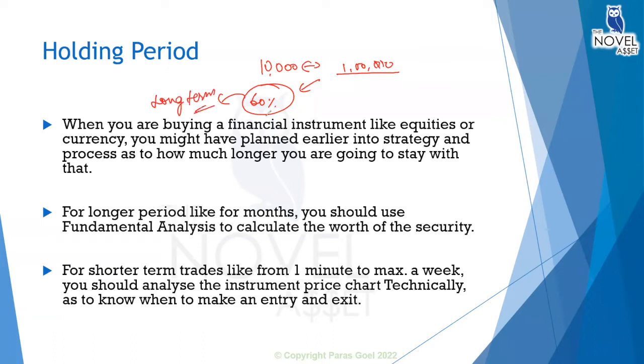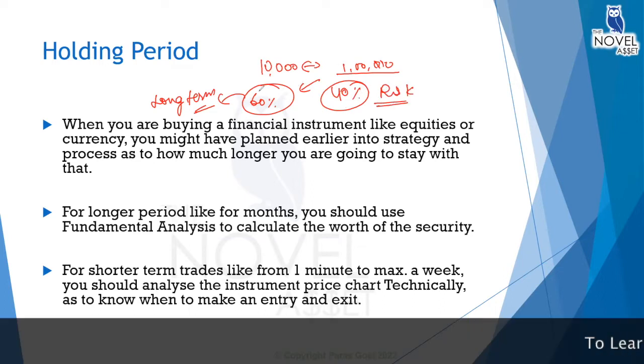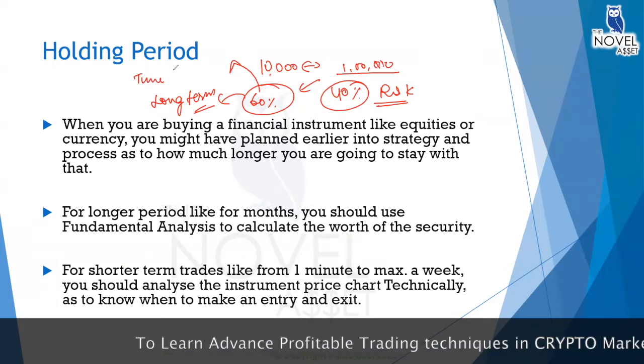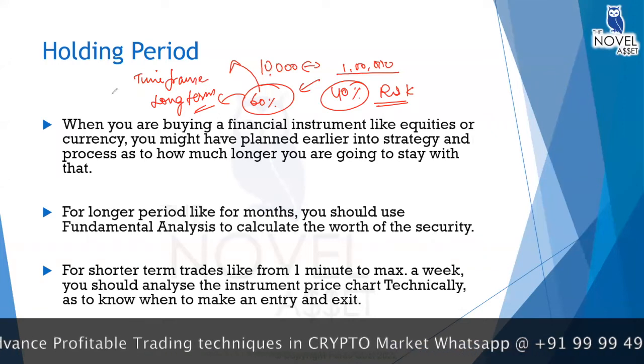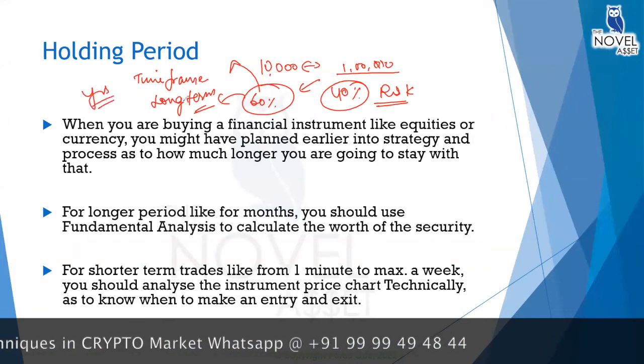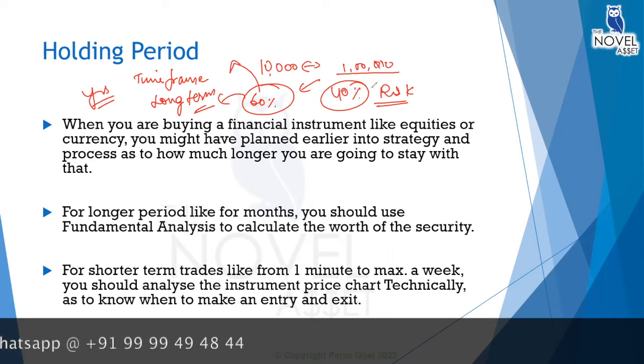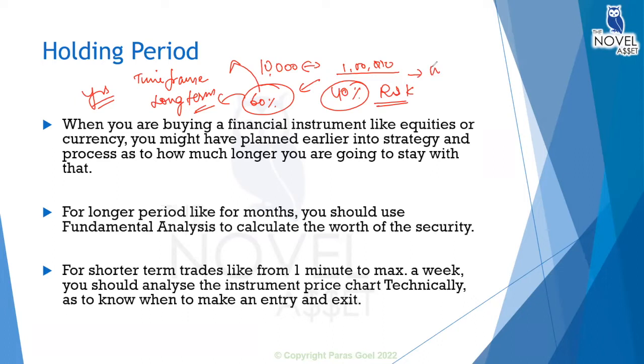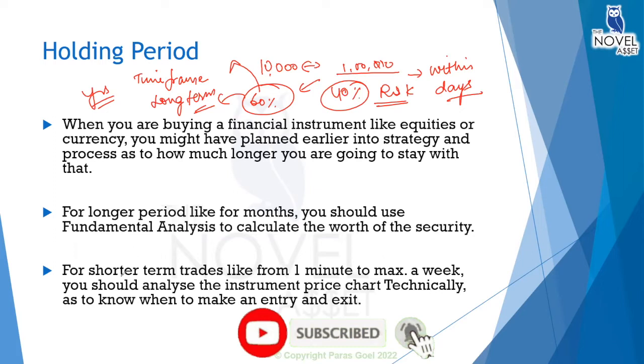Into some long-term game, and 40% you should risk in the short term, so that this 40% will give you huge returns. And this long-term investment will give you huge returns, but the time frame you're looking at is very, very huge. It might take years to give you the return you're expecting. But this short-term investment will give you results within some days, or within some weeks or months. So understand that at this point of your age, you should be looking at short-term trades as well.